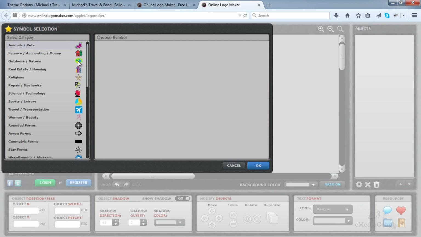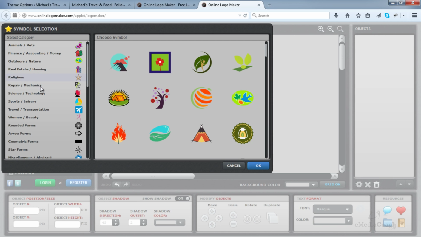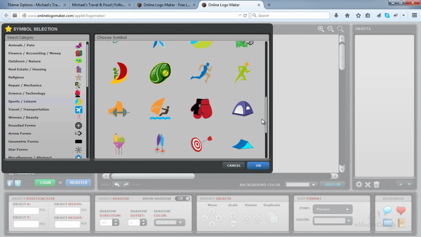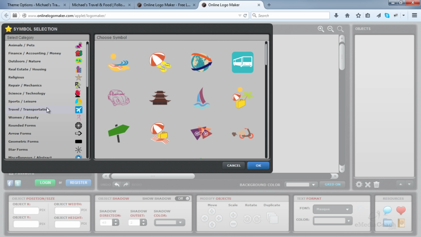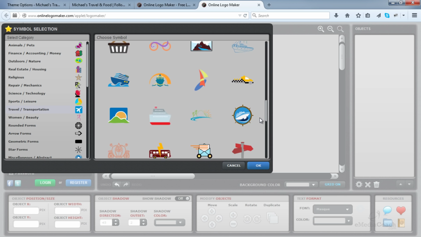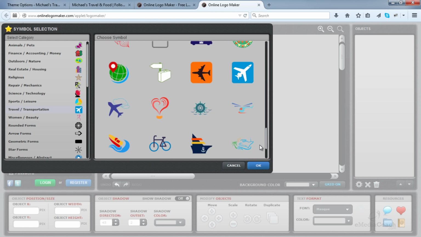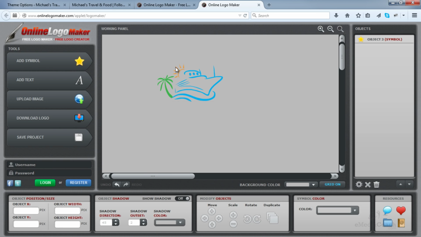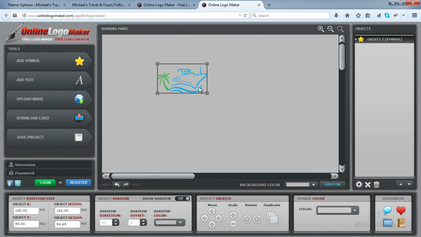You can add a symbol. Let's choose that one there. You can remove certain elements. There you go. You can resize, change the color, add some text.